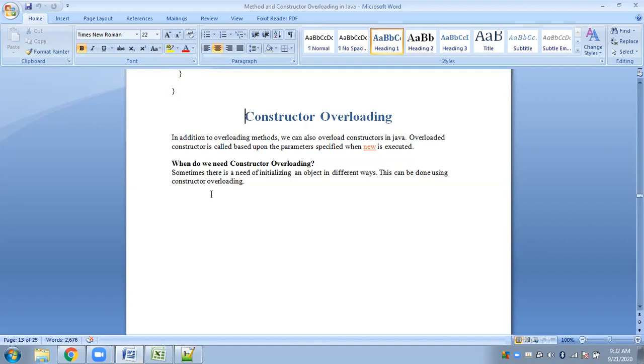using constructors. Now it might happen that you have 3-4 objects of your class, and you would want different initializations for your objects. One object you would like to initially have no values, except 0. Then you might want another object with some defined values. Then you might have another object which might be initialized using parameters. So there might be a need for initializing different objects of your class in different ways. For that we use constructor overloading.